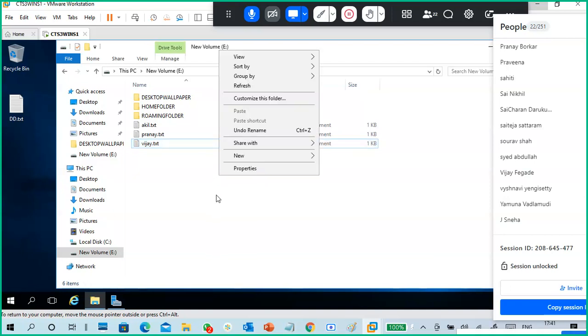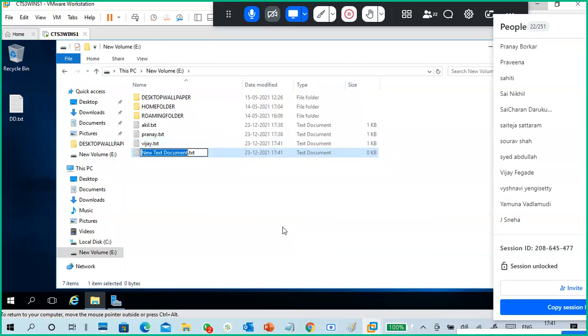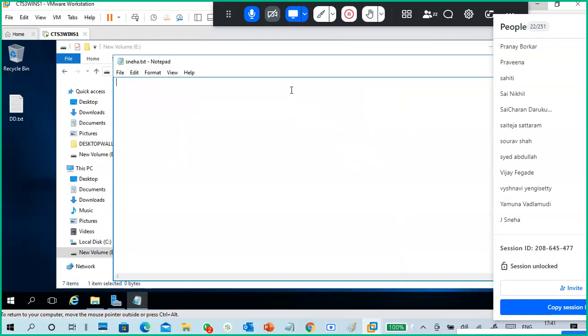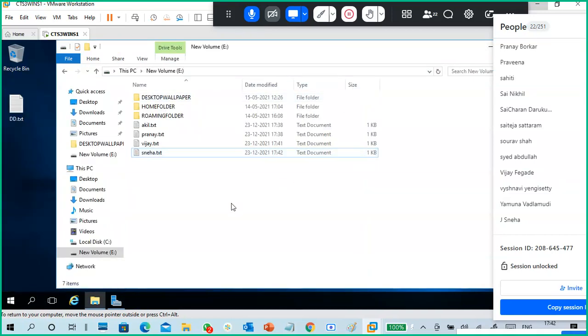Okay, and I'm going to create one more file. So we'll see, these two are before I enabled it. These two are after enabling it.